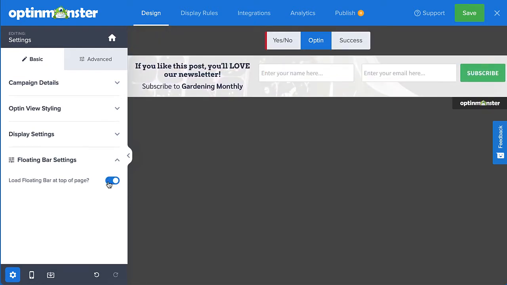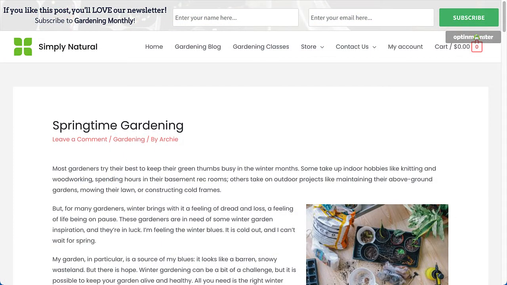the browser window. The default behavior for the floating bar campaign is to push the page content down while the campaign is positioned at the top of the browser. If you're seeing the floating bar overlay the page content instead of at the top, it's likely that your site's theme or styling is interfering with the natural behavior of the campaign. For example, if your site has a sticky header or navigation bar, this may result in the campaign overlaying your header or navigation bar.